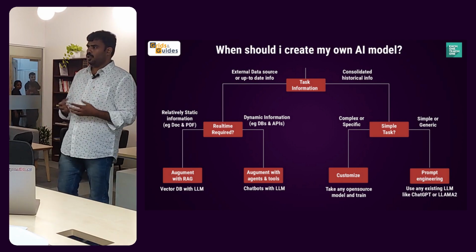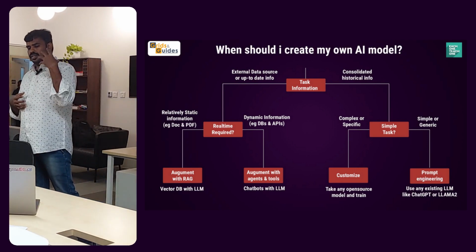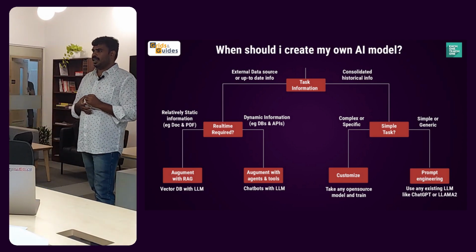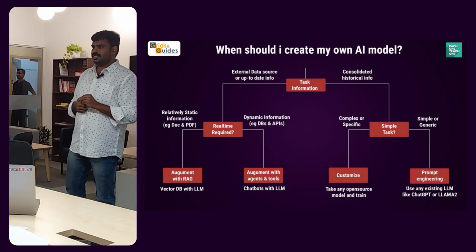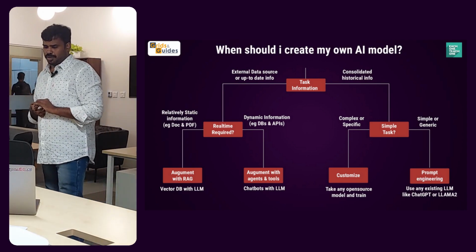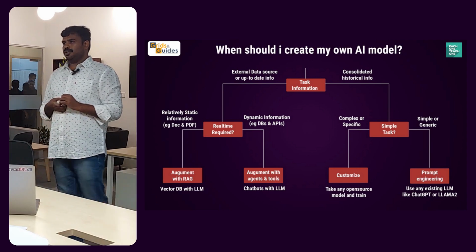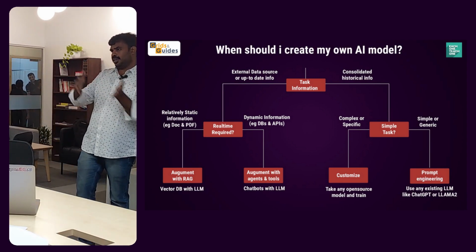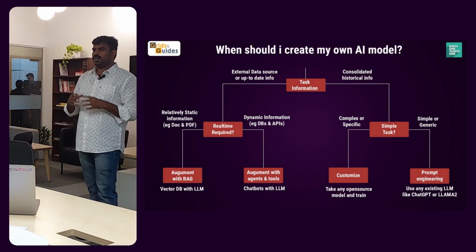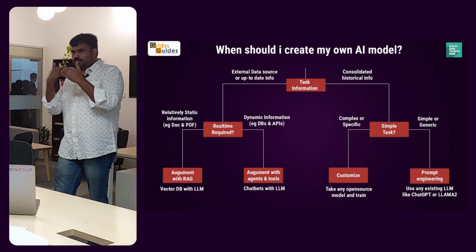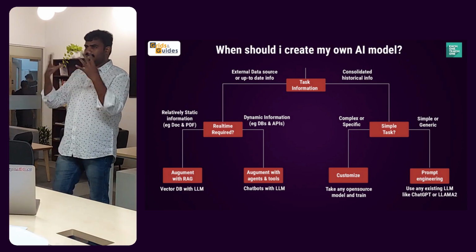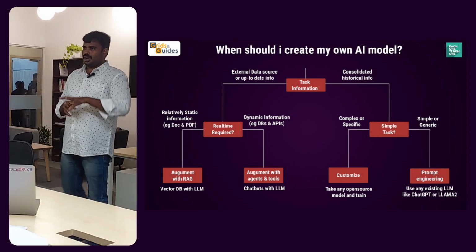You can train your own model. But if your applications are very simple and generic, you just want the LLM to give the answers to you, then you can go with prompt engineering. As I said, OpenAI has APIs over there. If you just put in a prompt, it will respond. What you can do is chain these prompts one by one, and you can make that work as a real AI chatbot.